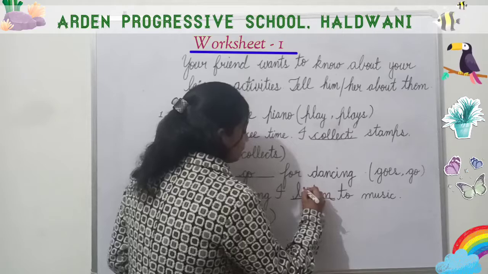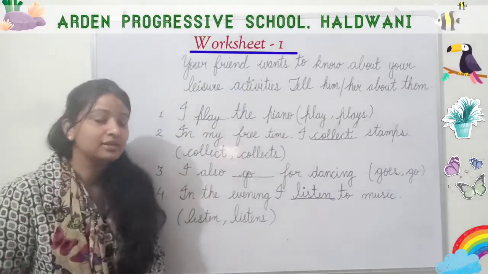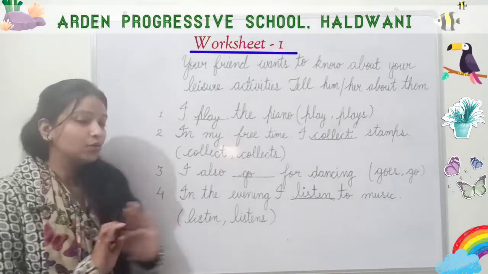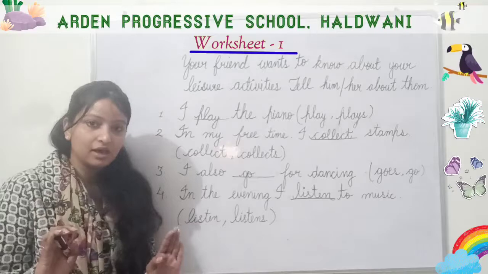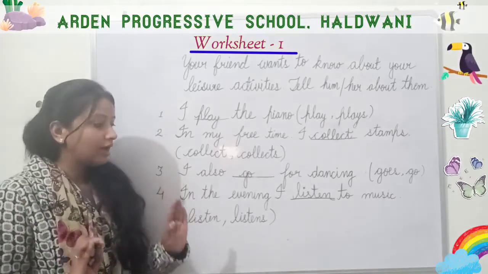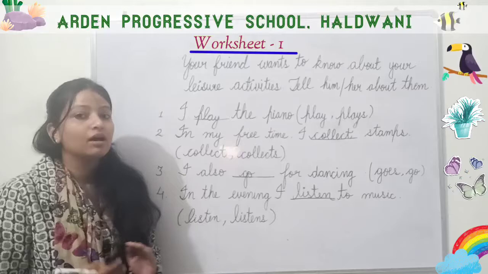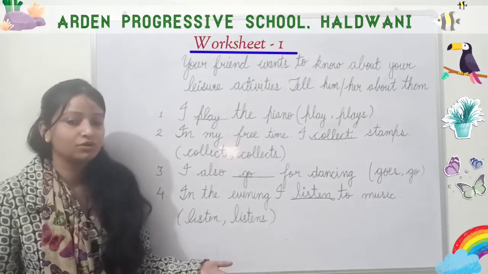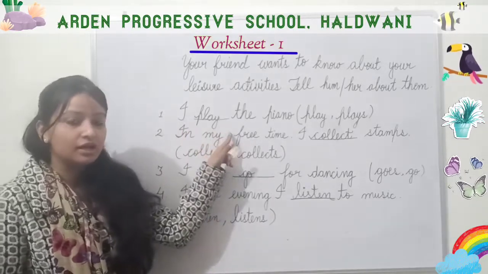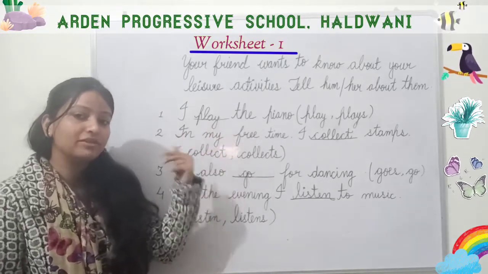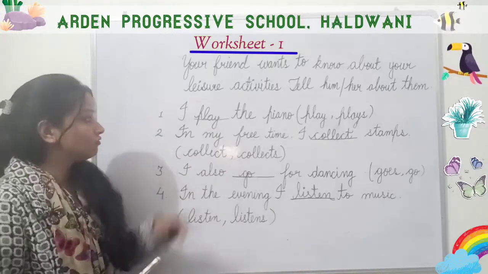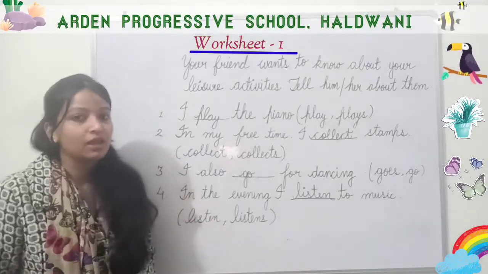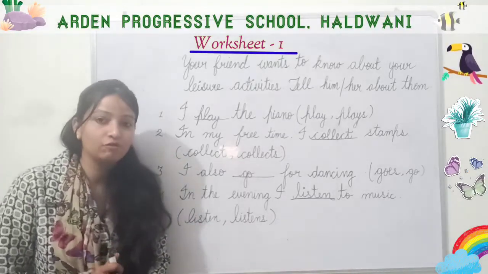So in simple language we can say that with I we use the base form of verb. No need to get confused. I is a singular subject. I uses the base form of verb without s or es. Like this also you can learn that I uses the base form of verb without s or es. So with I we use the base form of verb without s or es. I hope now the concept is clear to all of you.